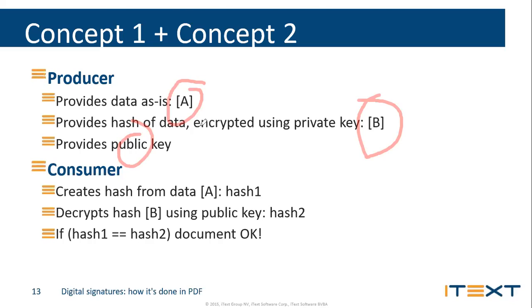then the document is okay, otherwise not. The producer is the sender, from the sending side, and the consumer is the receiver side. When the receiver receives the file and hash key 1 and hash key 2 both match, only then does the receiver say the document is okay and can be readable. Understood? Now proceed to the next one.